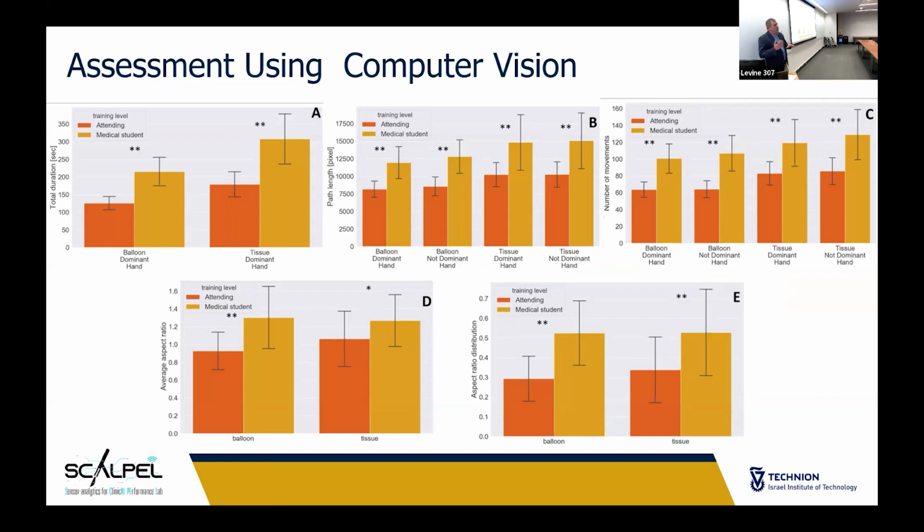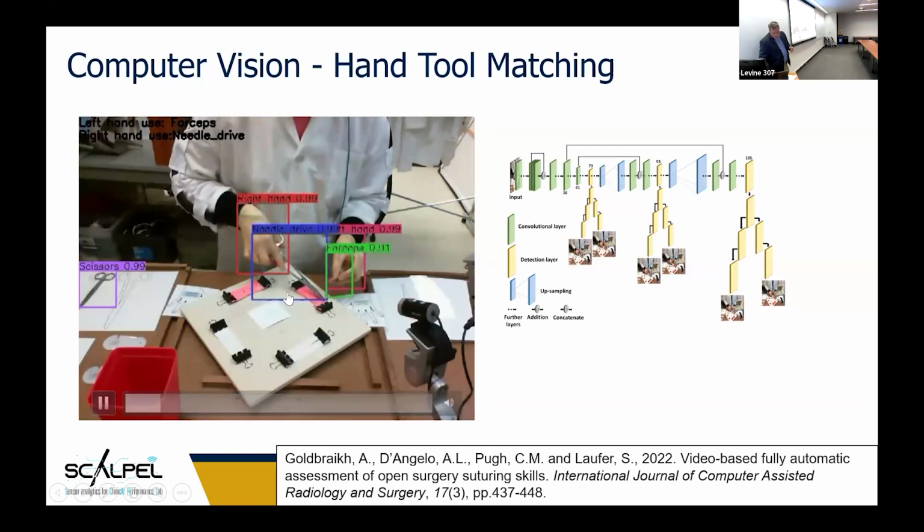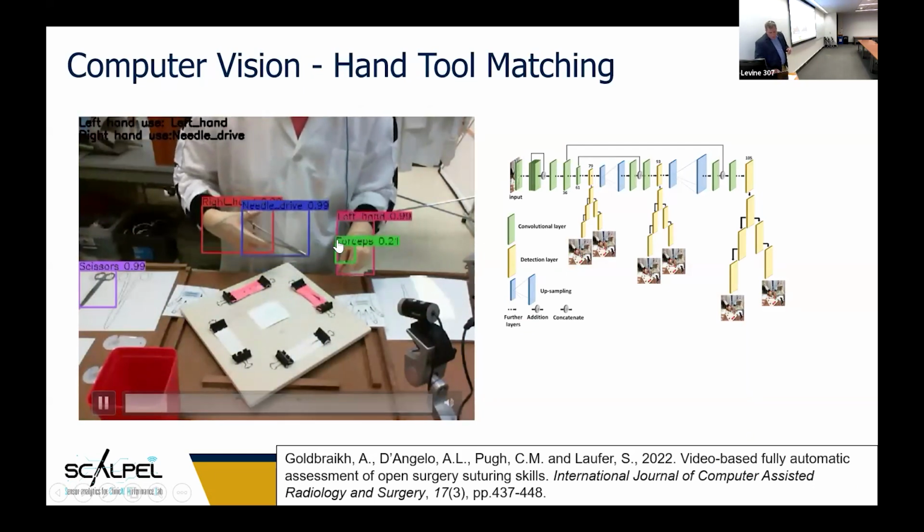There is a limitation. We're taking a three-dimensional space and projecting it onto a two-dimensional image. But still, we can ask the same questions: how much time does the procedure take, how long is the path length. Again, we can measure the same motion metrics that we used with sensor data, but using video data. And we can also measure different things, like the angle at which they're holding the tool. If we look at the tools, there's a bounding box on the tool. And the ratio of the height and width of the bounding box gives a good indication of the angle